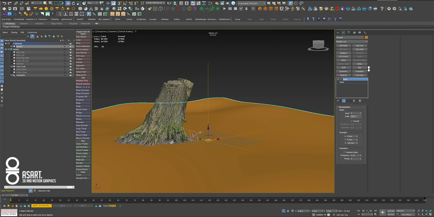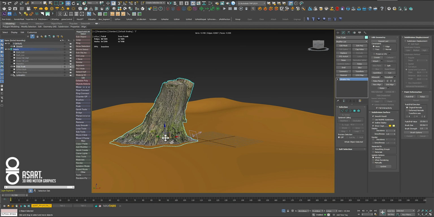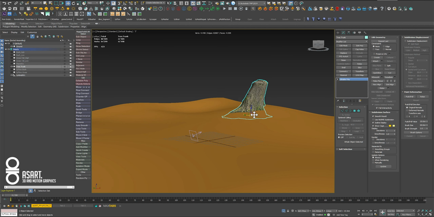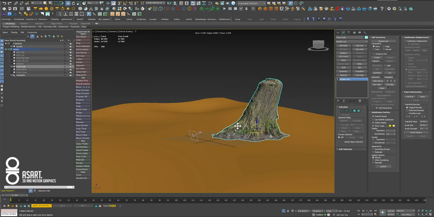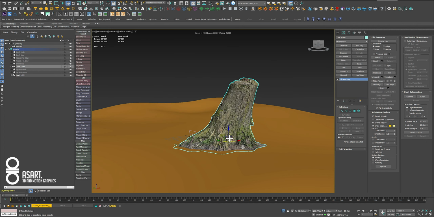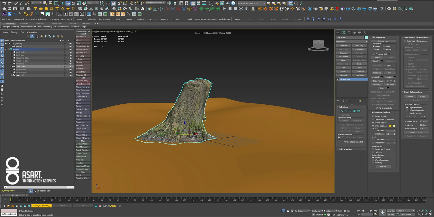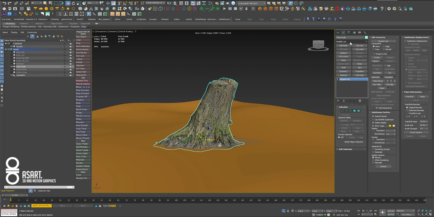Let's say that this is our ground here. Now when I move my tree trunk, it will sometimes go into the ground, sometimes not, and I want it actually to be always on top of my surface regardless of where I am going to place it. So I'm going to bring it to the center first,